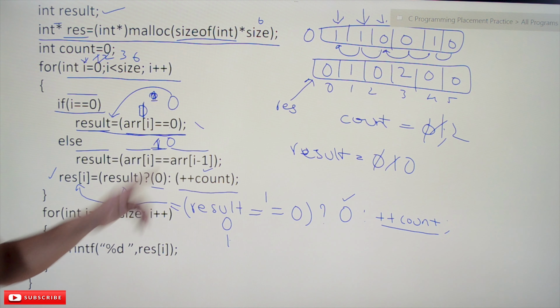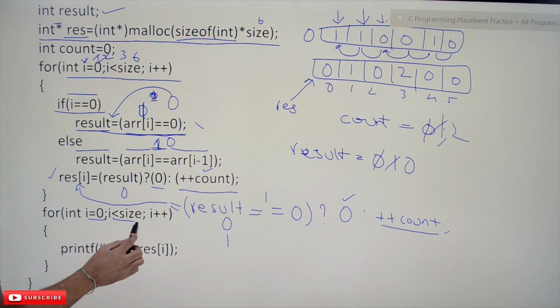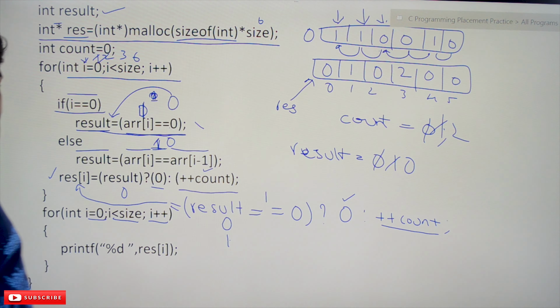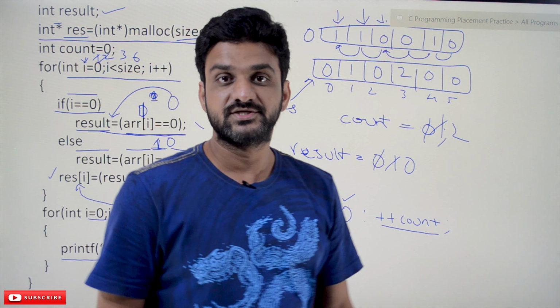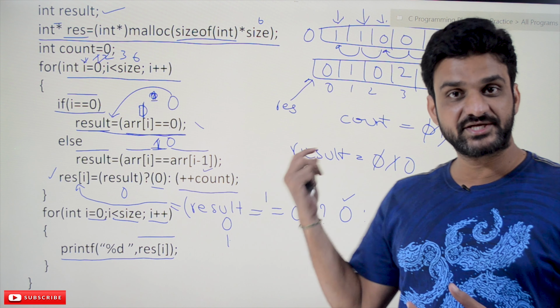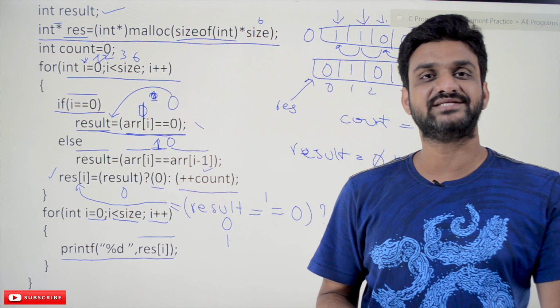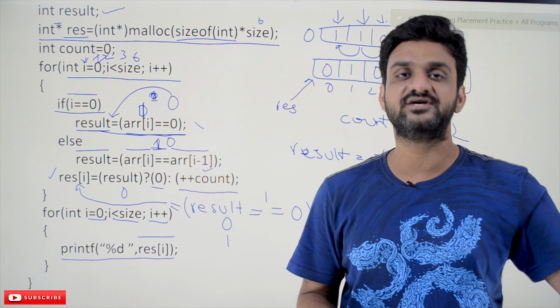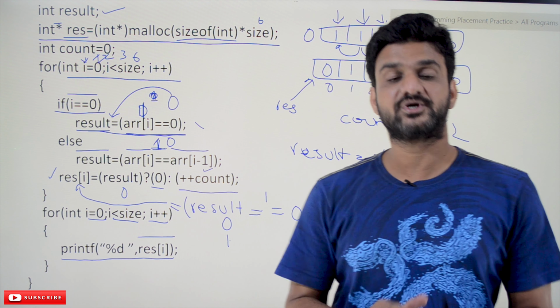Okay, so the final output, so check this for loop also. I is equal to 0, I less than size, I plus plus, nothing wrong with this. We are going to go through all the array elements and every time we are going to print the value of res of I. Okay, so this is how the Manchester coding is done. Based upon the properties that are mentioned in the problem, you may get different kinds of Manchester encoding. Most of the cases they will be in a similar way. Okay, hope you got the clarity on this concept.